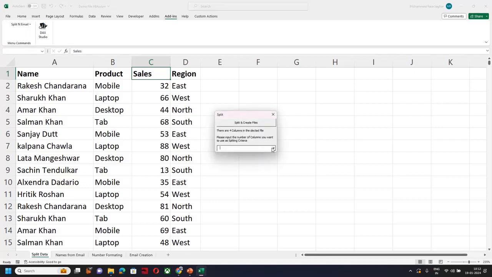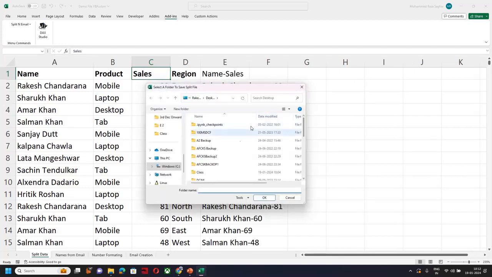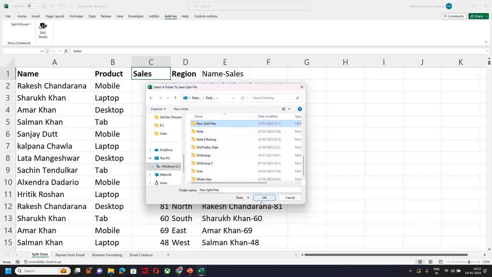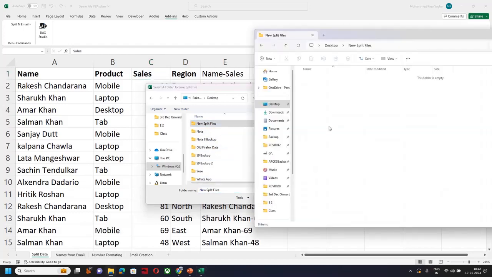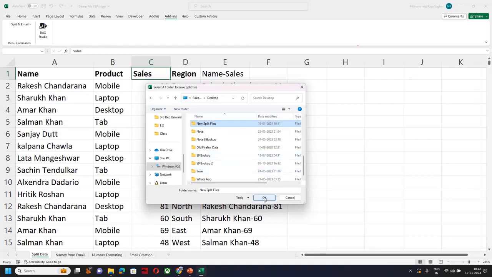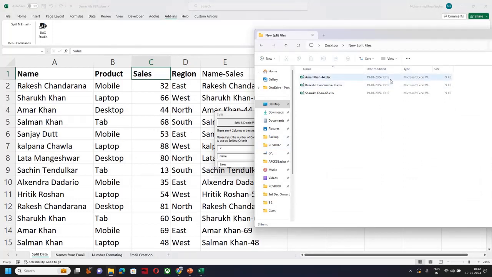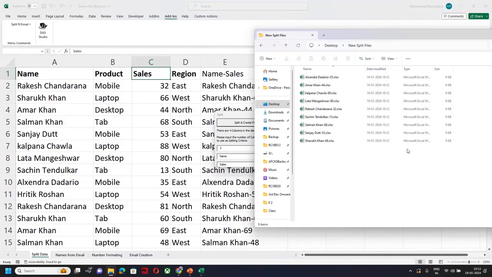So I click on split. I'll select two. All right. I'll say name and I'll say cells. So two columns are selected. Then I'll click on it. I'll select the folder on desktop, which is this new split files. I have deleted the old files that we had there, so there's nothing in here now. So I'll click OK and it will start creating files for me. So it started at 10:12, and I don't know how many files are going to be created, right? So give it some time.